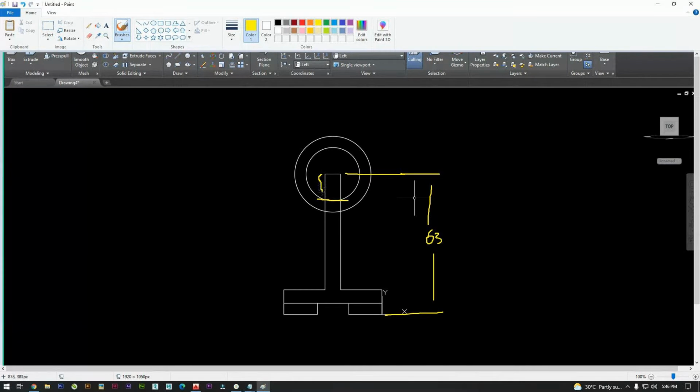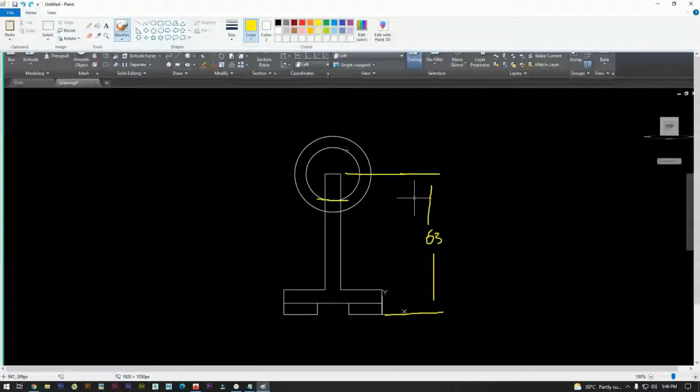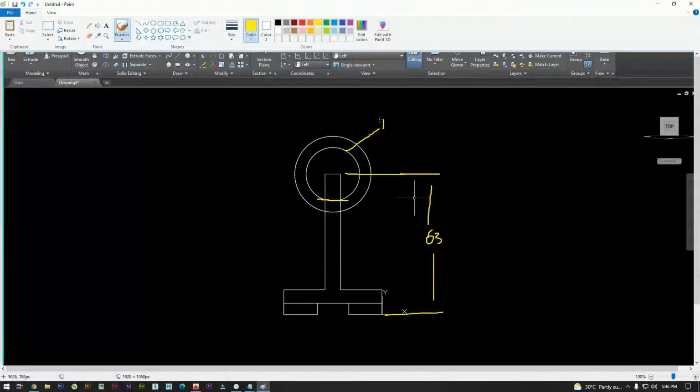So what is the value of that? The radius is 12. So you can do something like 63 minus 12. So that is 51.